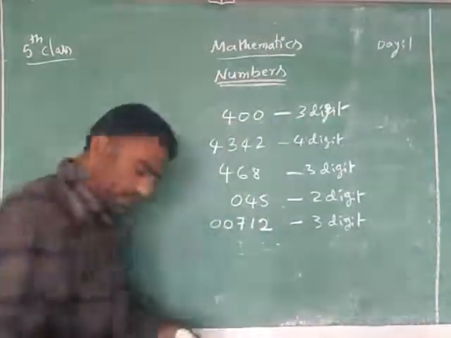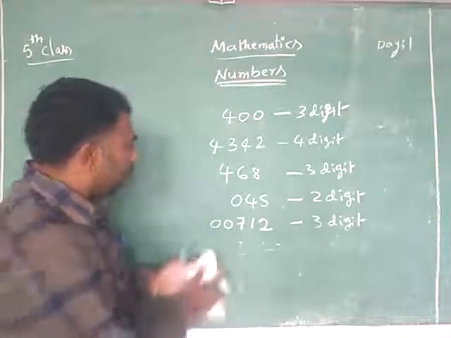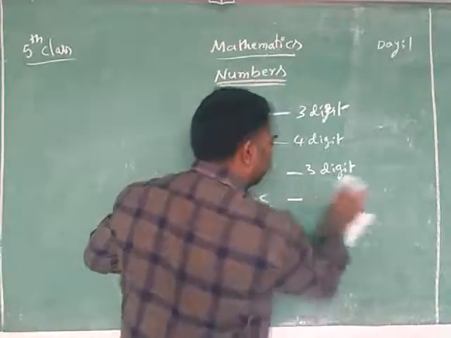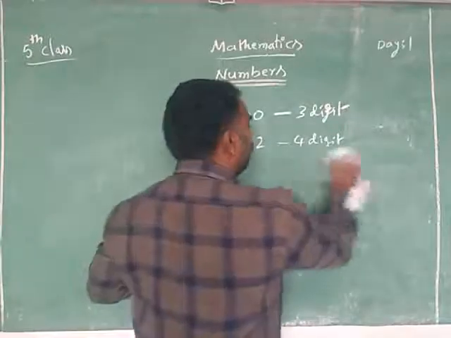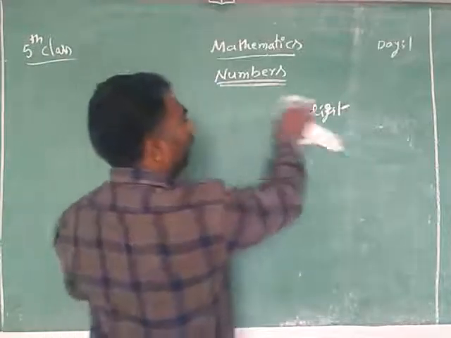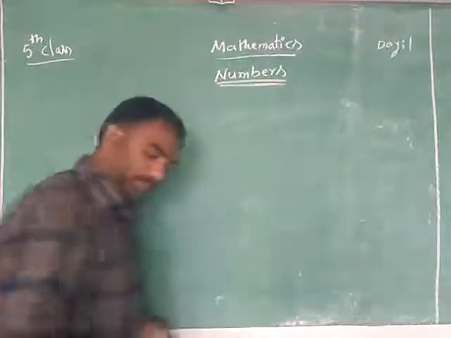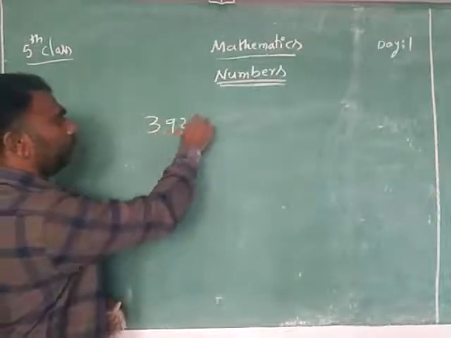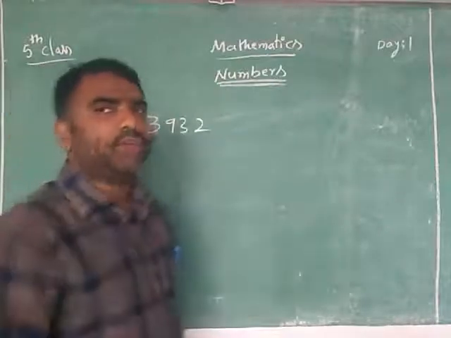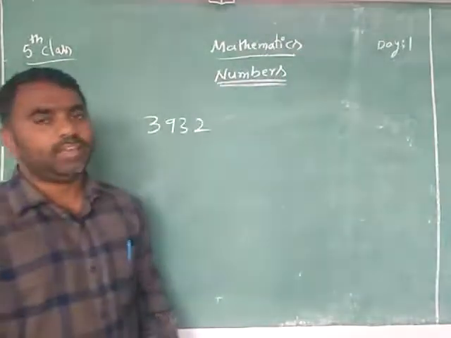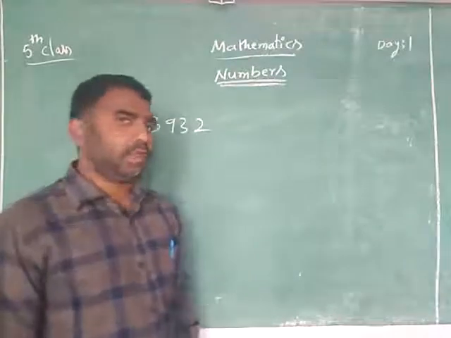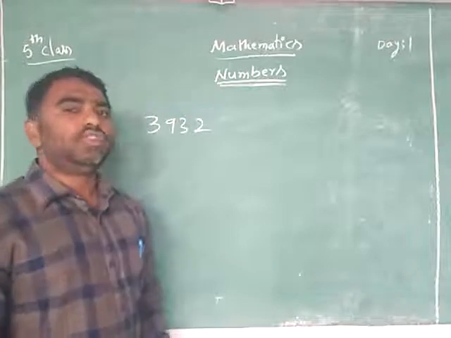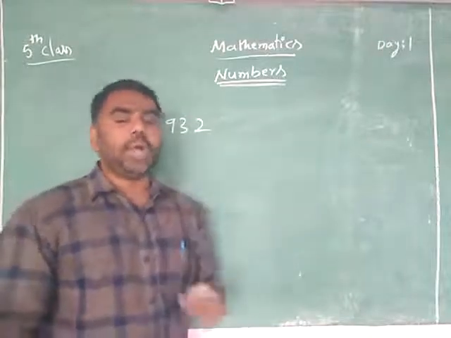The next topic we will discuss is how to read a given number. I will use the numbers here, try to read it. What is the number you need to say? So what is this number? Maybe you are perfect up to 3 digit numbers. Easily we can read 3 digit numbers. But when the 4th digit is there, you are going to get confused. But there is no need to be confused. I will tell you the method of how to read the number.